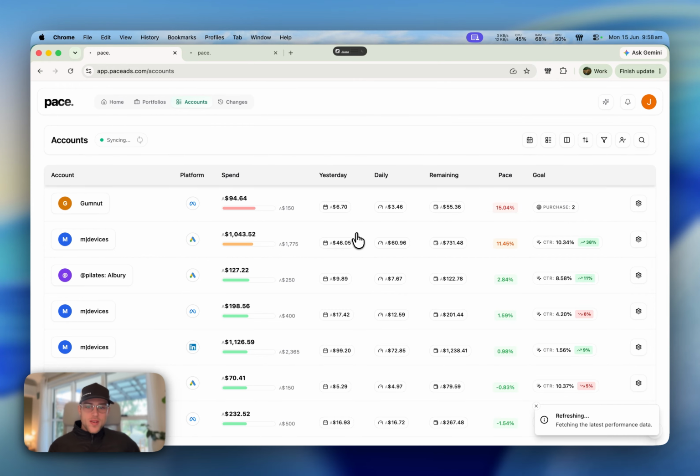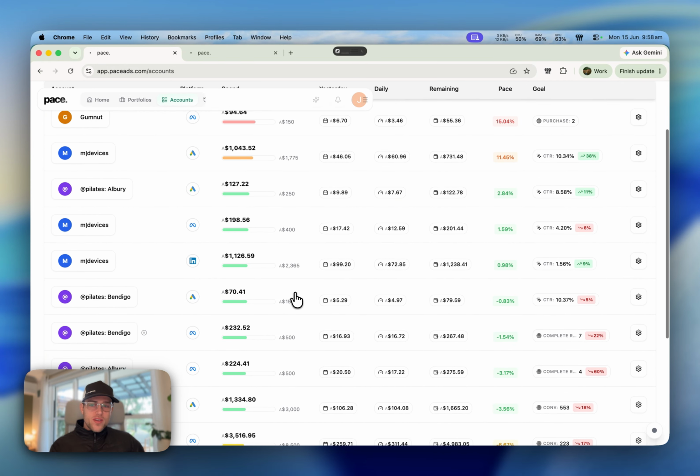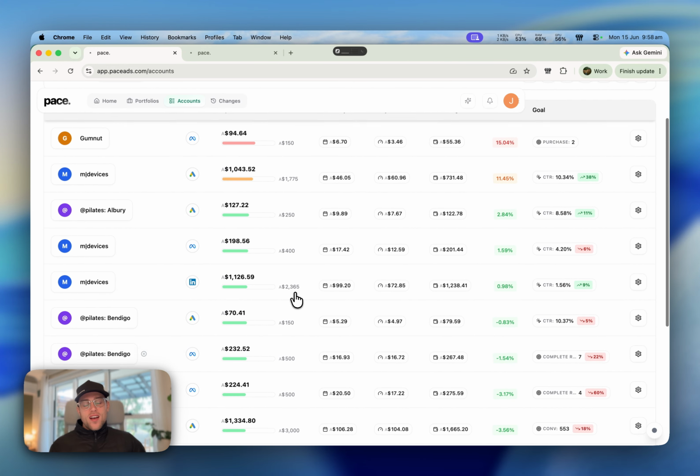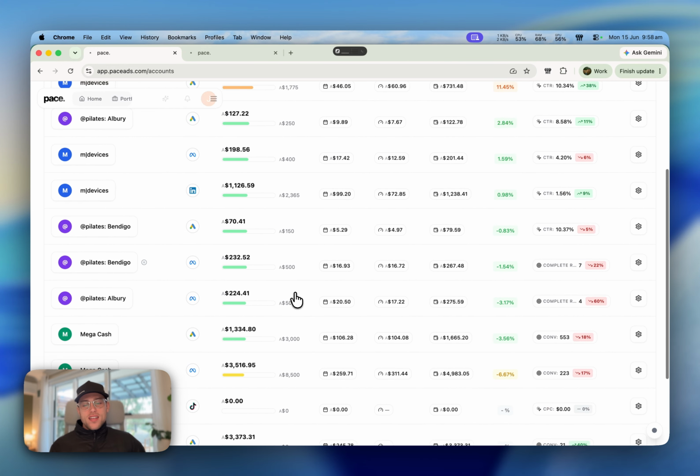This is a little demo workspace I have set up. So I just want to show you how I use it. I guess for a bit of background, I built Pace